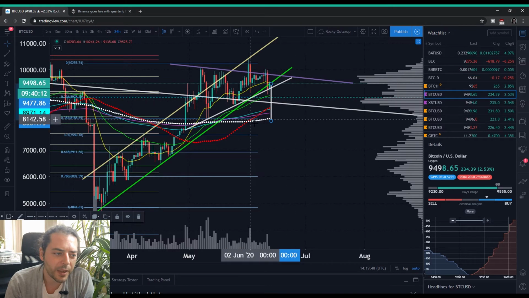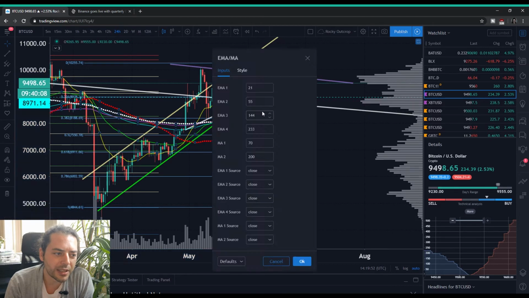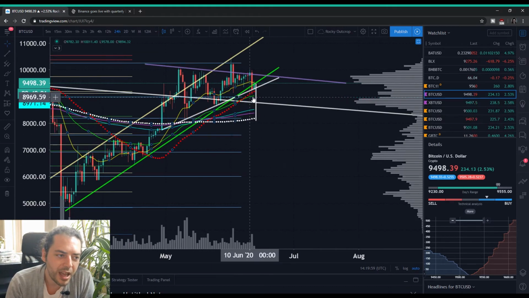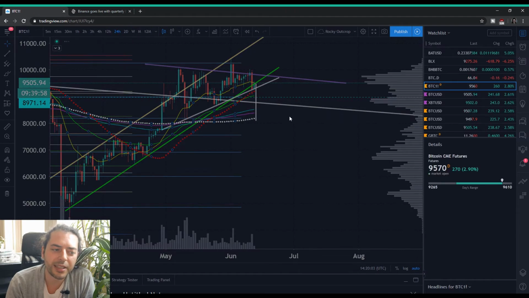Actually, no, wait, give me a second here. That is set to the wrong number. That's set to 70 because I'm trying to see where it would be on the CME charts. Excuse my ignorance. We have come down and tested the 50 simple moving average here, but the point being that on the CME charts,